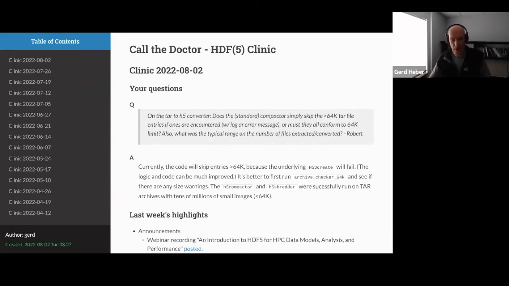So I actually looked at the code, because I haven't looked at it in a while, and the code is actually not perfect. It could use a lot of improvement. But if I look at the code, I would say the current code will actually skip entries that are greater than 64K, because there is this if statement where we say, if what it reads is less than the buffer size, it will then try to create a data set and so forth.